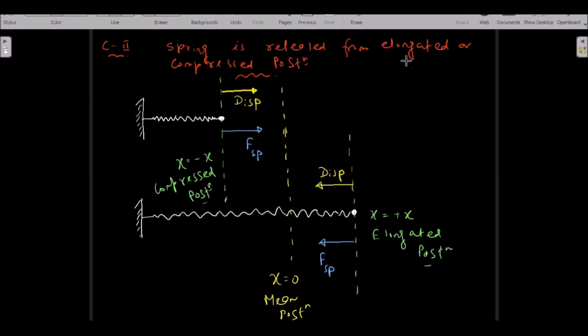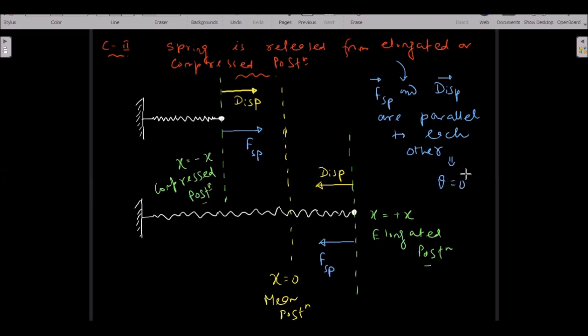So I will write, in this case, F spring vector and displacement vector are parallel to each other. If they are parallel to each other, then the angle theta between them becomes 0 degrees. Correct? So if you think about the work done by the spring,